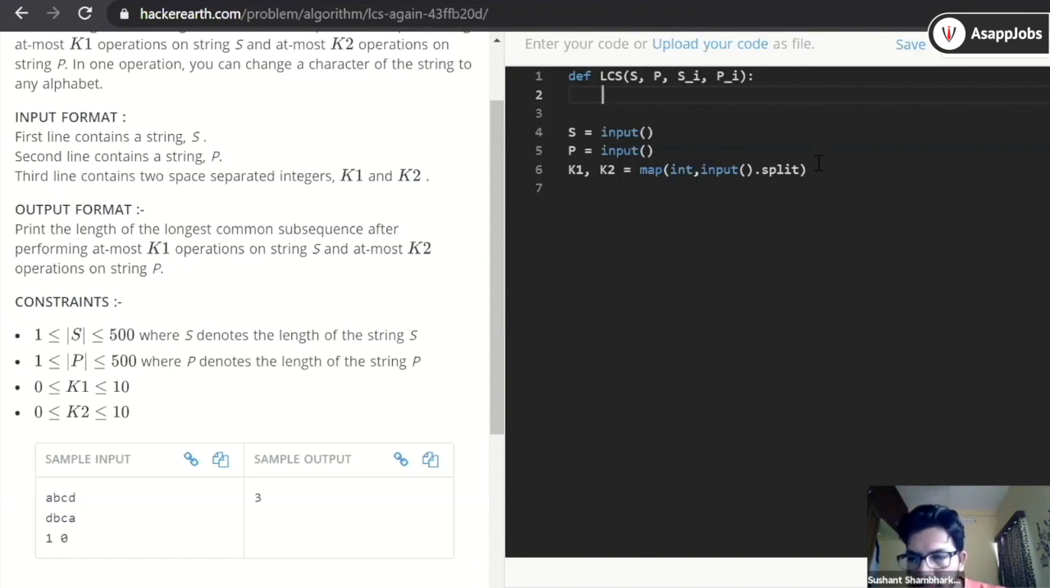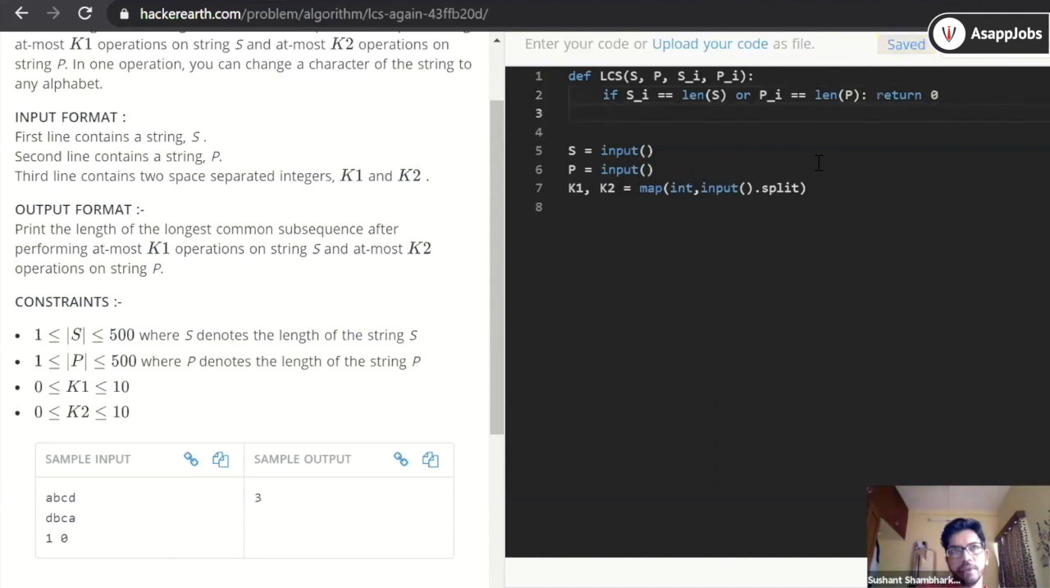If we complete all the characters in the string, yeah, that is our correct base condition. So say if sI is equal to length of s, or pI is equal to length of p. So if we reach the end of any string, we should terminate there. Then we can return a 0 because you can't go any further than that. So what will be our